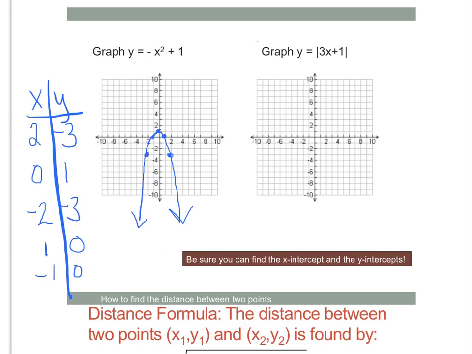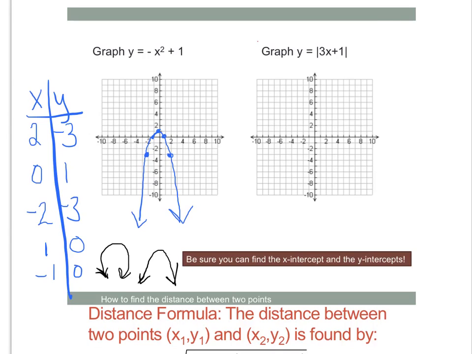Be careful when you draw parabolas. A couple little things about it. First of all, this is not a V here. This is rounded, almost like the top of a bowl, if a bowl was upside down. Anyway, there's no point here. Make sure it's curvy. The other thing is that parabolas get wider and wider and wider. I don't draw them like this, where they come back in. Make sure that they are getting wider and wider and wider. That's more the shape of a parabola. Okay, so there's that one.